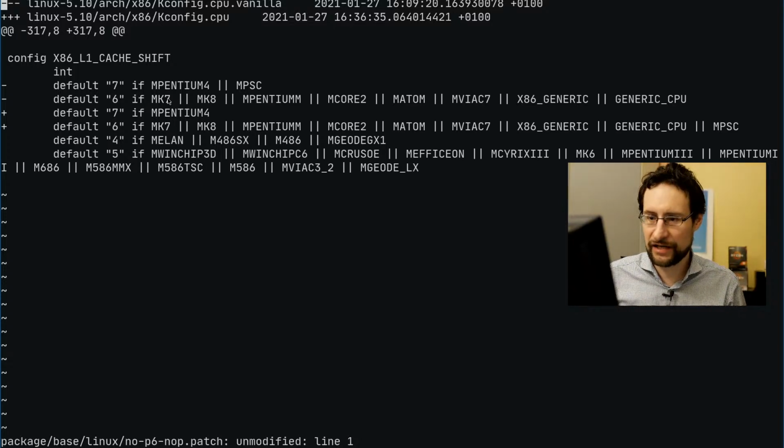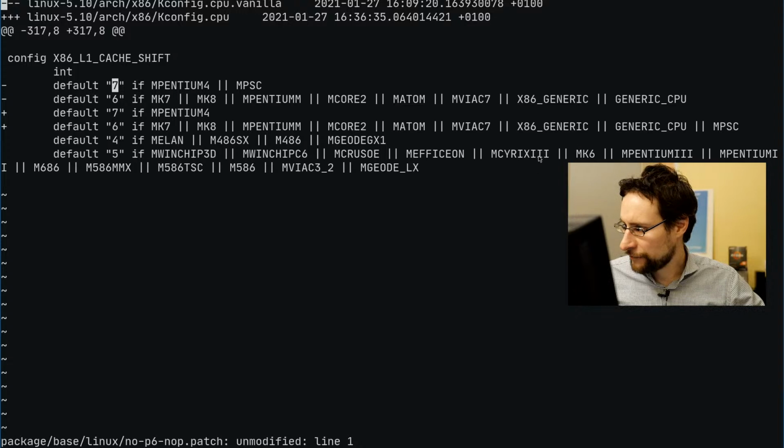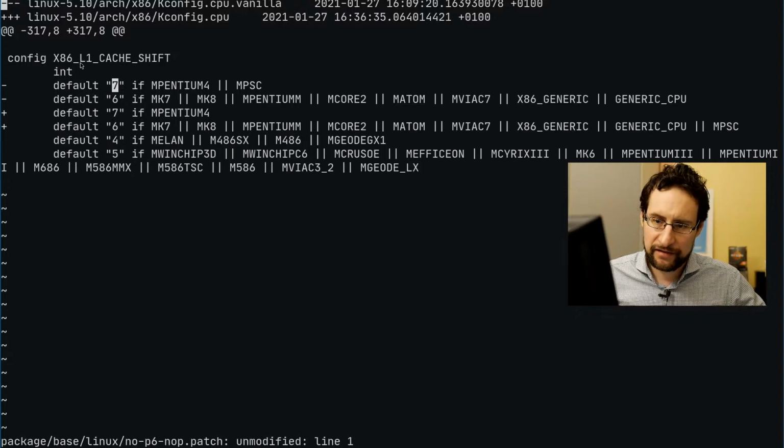It's this cache option. So this level 1 cache shift here, a power of 2. As you see here, they use 5 for ELAN, 486 SA, 486 Geode, GX1. Otherwise 5 for my precious WinChip from a previous video, Crusoe Efficeon from a previous video, Cyrix video coming soon, Pentium I never had, and otherwise, this is just how many KB they account for there. And I grabbed this already.